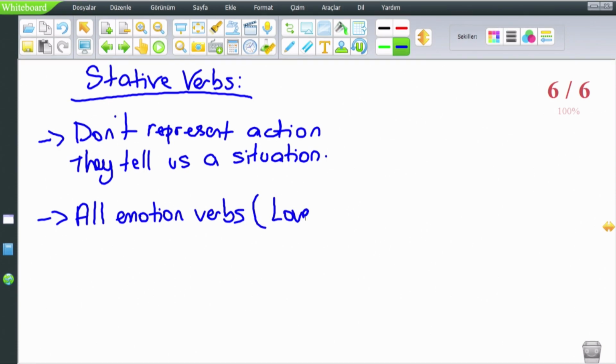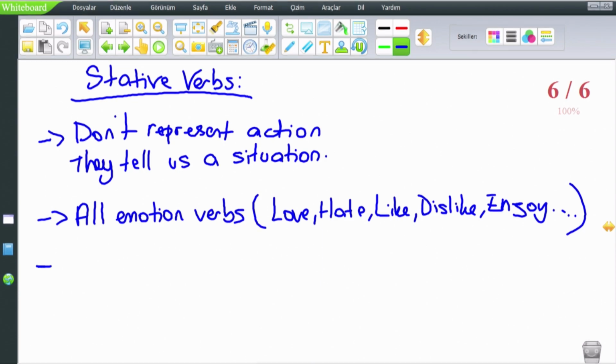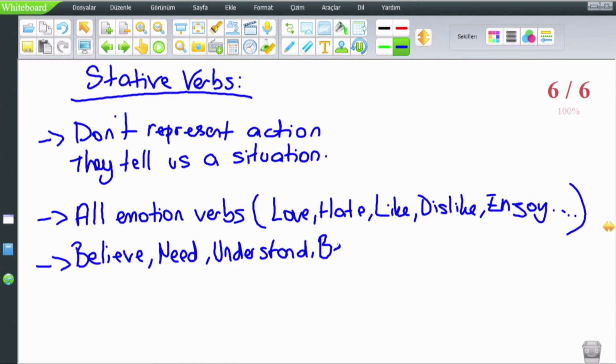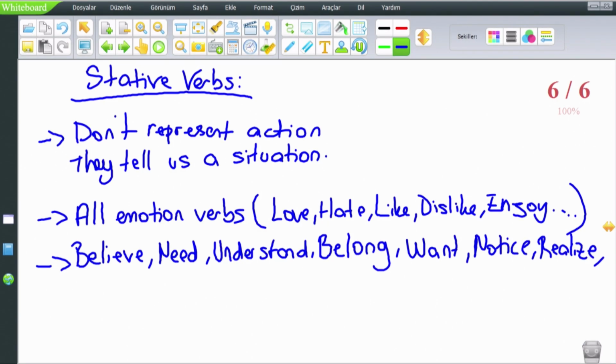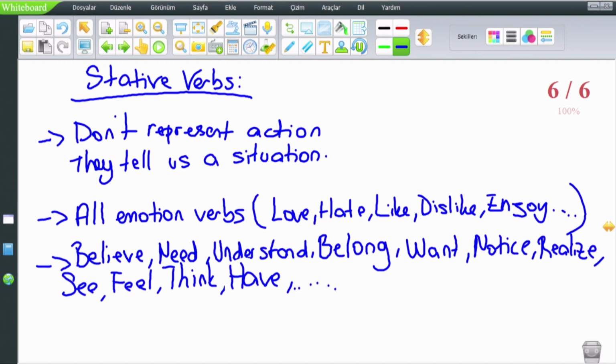For example, love, hate, like, dislike, enjoy, and etc. Also, we have other verbs, for example, believe, need, understand, belong, want, notice, realize, see, feel, think, understand, we said that one, have, and etc. These are stative verbs that we cannot use with